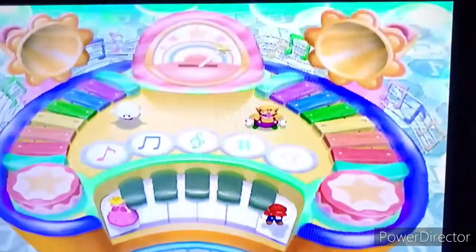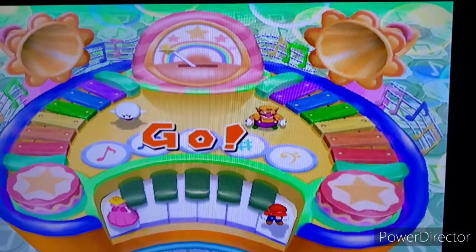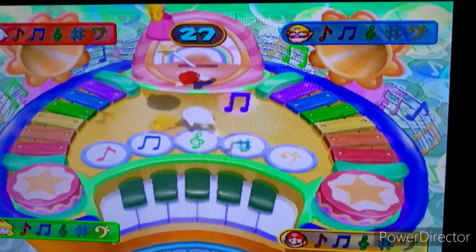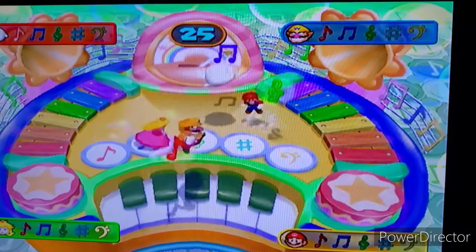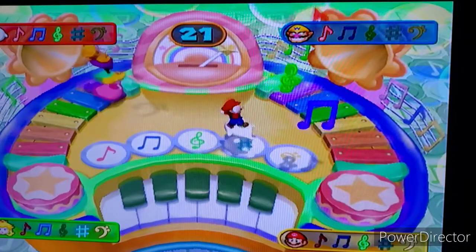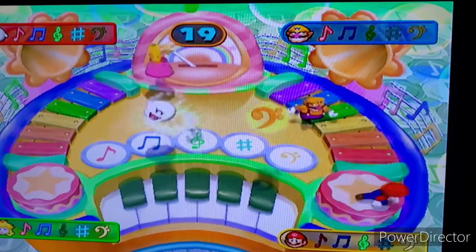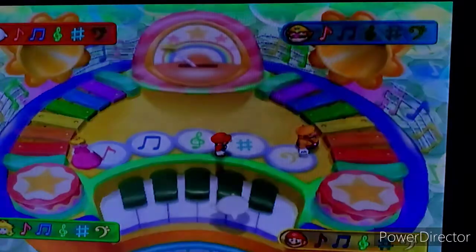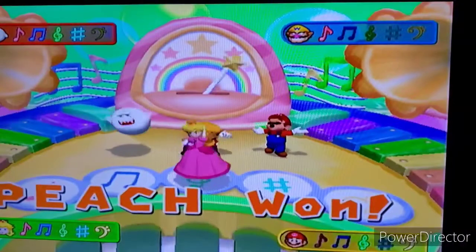Yep, that's it. Go! I always lose this minigame, especially now I'm brutal. Peach jumped on me. How did you just jump on your husband like that? Oh, what the... What? I thought I got that purple thing. Oh my